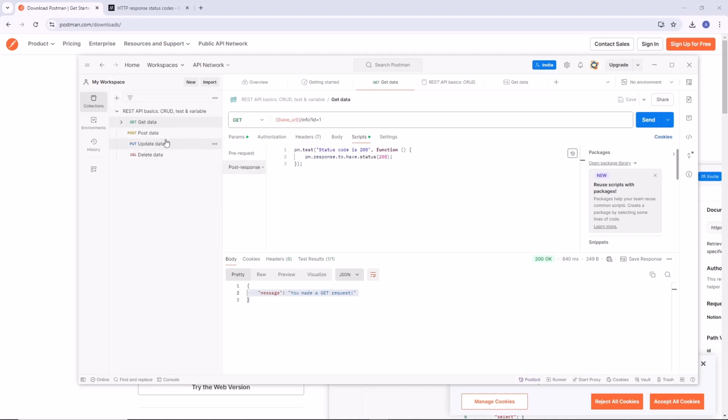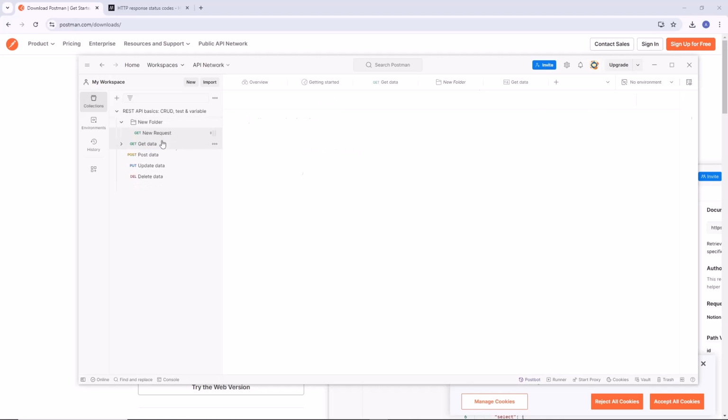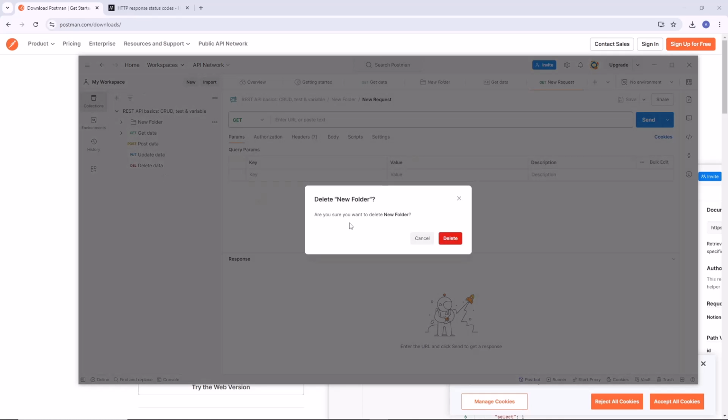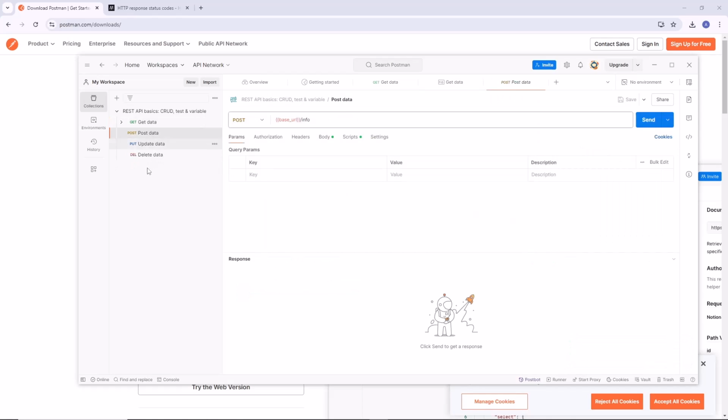Okay, so this was a GET request. Now, within the collection itself, you can have multiple folders. I can add a folder, and within a folder, I can add new requests. But this example collection doesn't have additional folders, which you will typically see. It just has some of the requests that are running. Okay, after we get the data, we know this link is working, we can send a post data